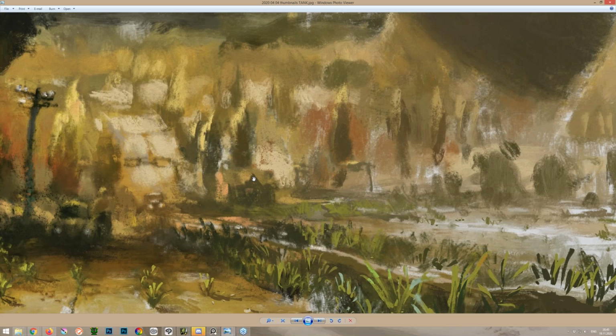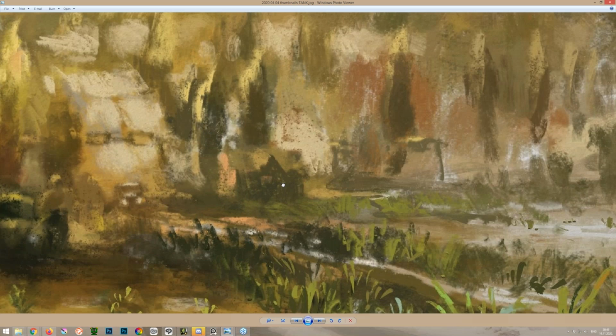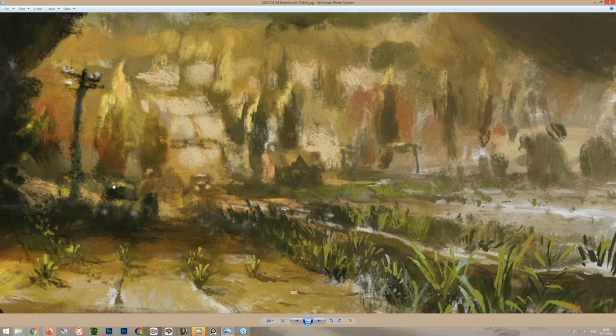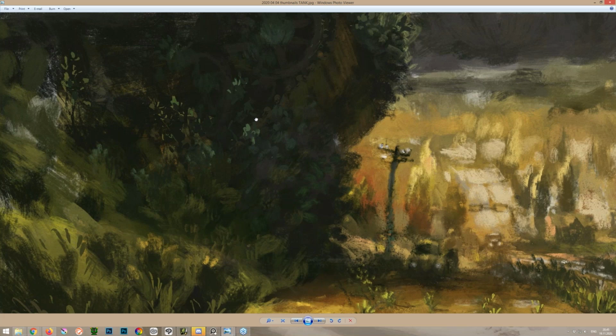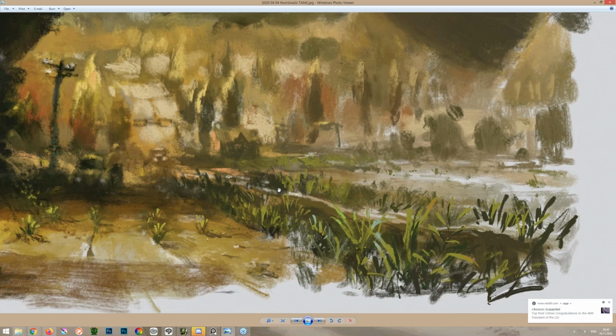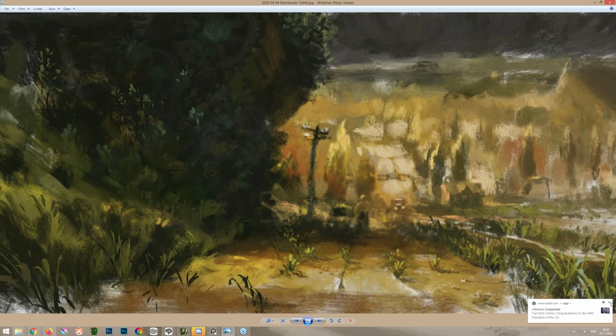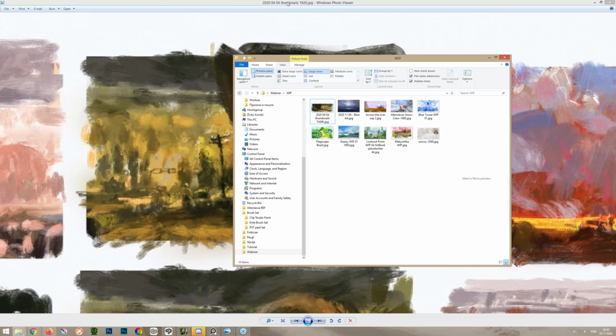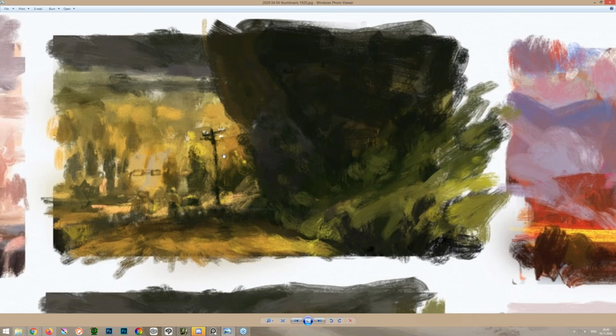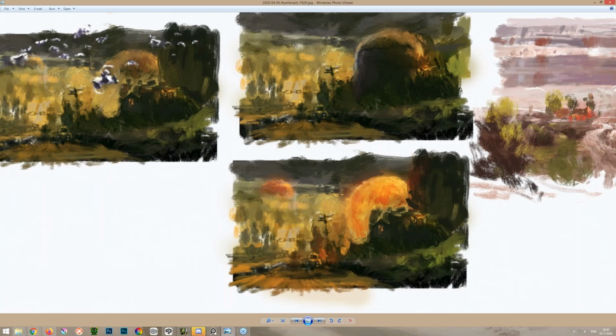I have like a outlook of a little house and trees and a highway and a person and a car and a light post and a tank and a tree and a hovercat. Let's see. But that wouldn't happen if there weren't for this sketch and this sketch and this sketch. So